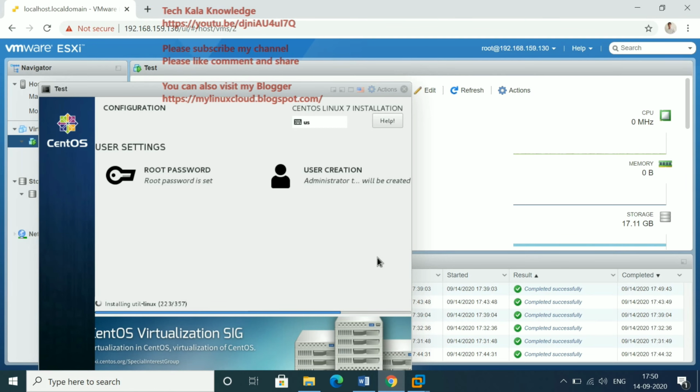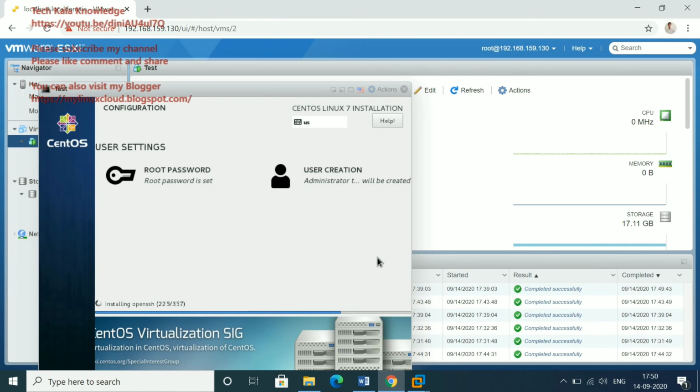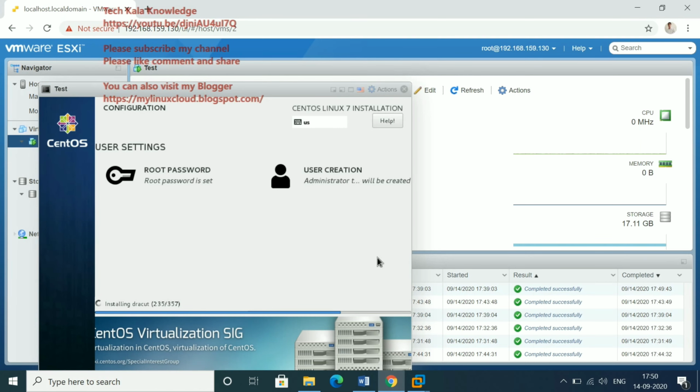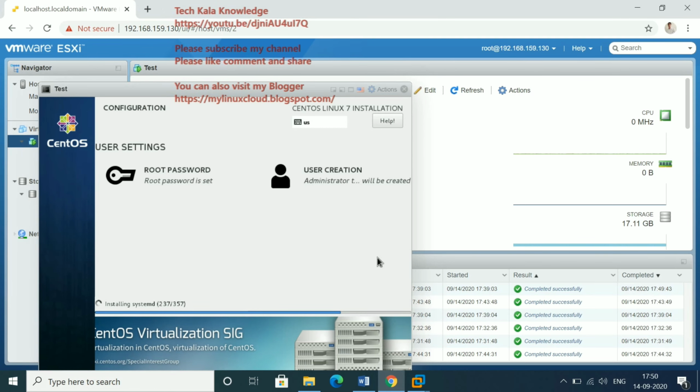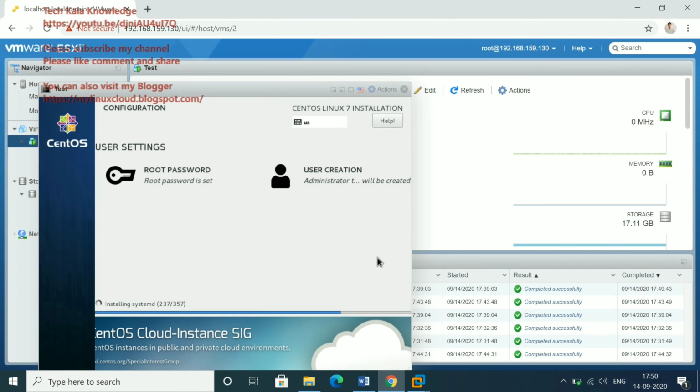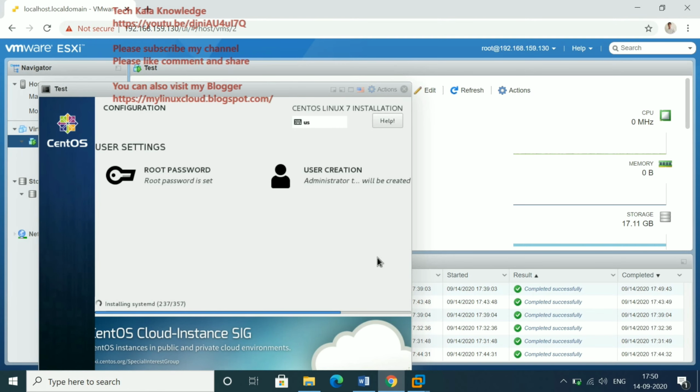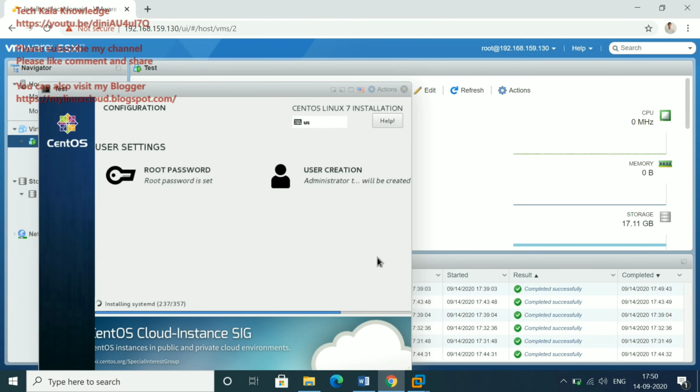You go to the data browser, and you can create your own directory also. If you want, you can create a directory as per the OS version. For example, if you have Red Hat 7, CentOS, or Oracle, you can create a directory, go to that particular directory, and then upload your ISO image.